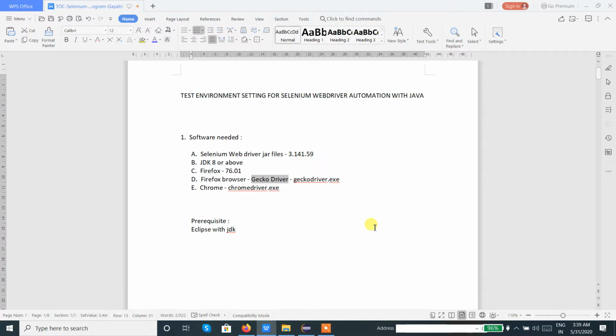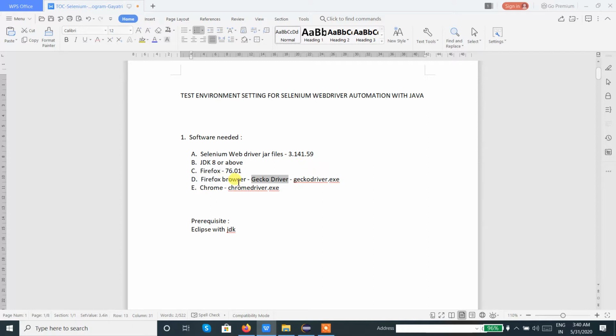So to make the Selenium script identify our browser, whether it is Firefox or Chrome or IE, we need to identify the respective driver for that browser. Then we need to download the driver, and we need to give the driver path in our script. Unless we do all these steps, our script will not identify the web browser we are using. Fine. So to identify our web browser, Selenium WebDriver uses a driver, which is a small exe file.